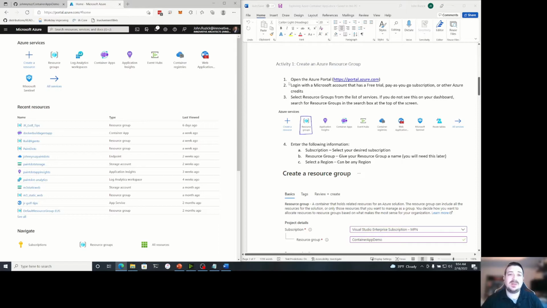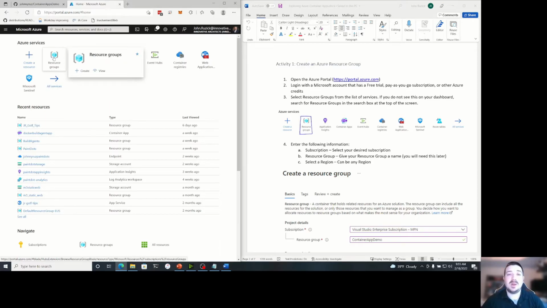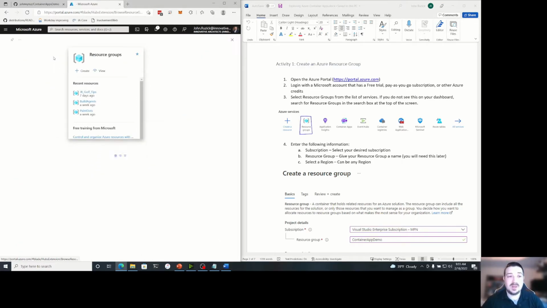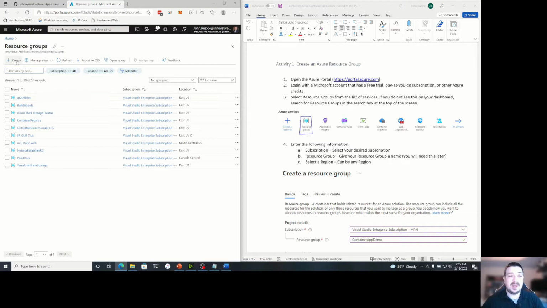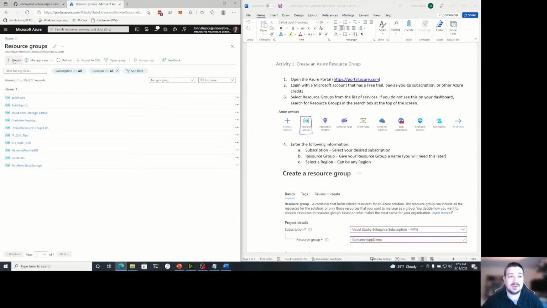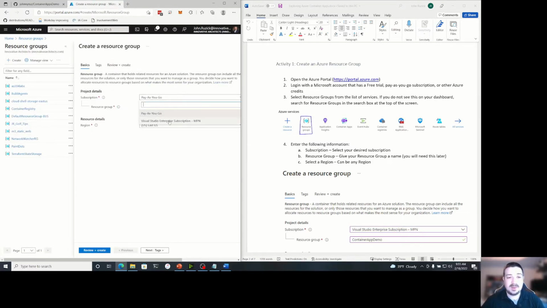So the first step is to create an Azure resource group. And from the Azure portal here, I've got my dashboard. Yours will look a little bit different depending on your recent resources or if you've created anything, but you should see up here at the top a button for resource groups. So we'll go ahead and click on that, and then we're going to create a new resource group. I'm going to put this in my MSDN subscription, but you might just have pay as you go. And I'm going to name this